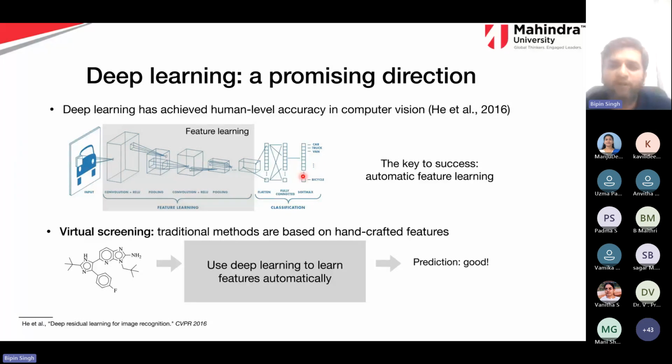So automatic feature engineering is what people are currently using in drug discovery. You give a molecule, and it will automatically find out which feature is correlating with the activity, or which feature is correlating with the binding affinity to a certain target in a bacteria. So automated feature learning is what people are looking for. You give a molecule, deep learning learns the features automatically and tells you whether this molecule is going to kill a bacteria or virus or not. So these kinds of virtual screening methods are there now, which you must have gone through in this